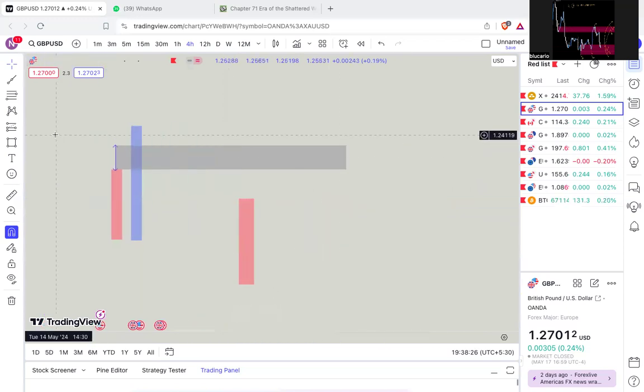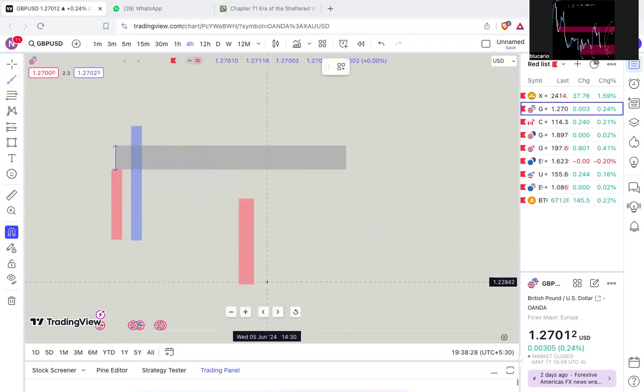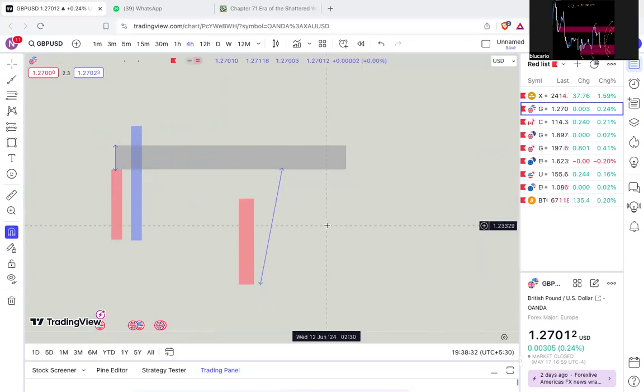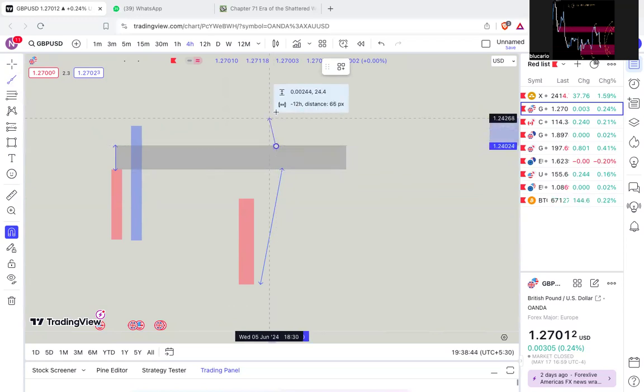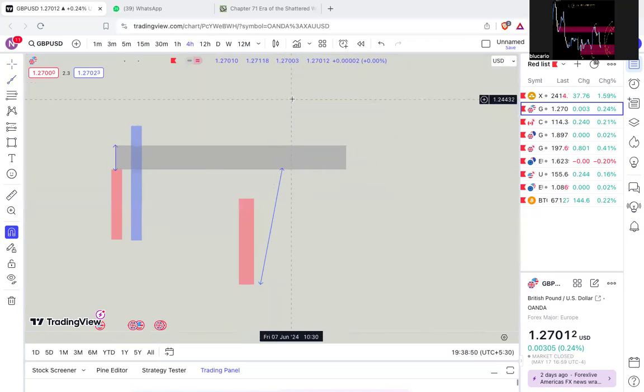So when price reaches this critical level, you should go into M1 and search for sell entries. And you can take a trade from here with an SL which is 10 pips above the critical level. 10 pips above this level. That's how you put a stop loss using the critical level.